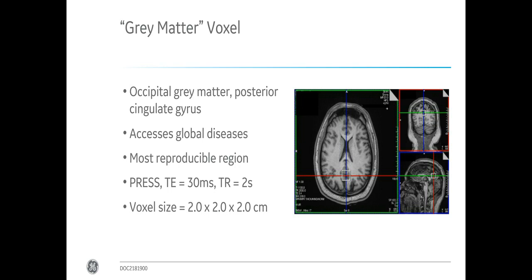And why is this voxel selected, or why people started with this location when they wanted to look at a gray matter voxel? This has nothing to do in the first place with the function of the brain region there. It's more for convenience because it's an easy place to get a good spectrum